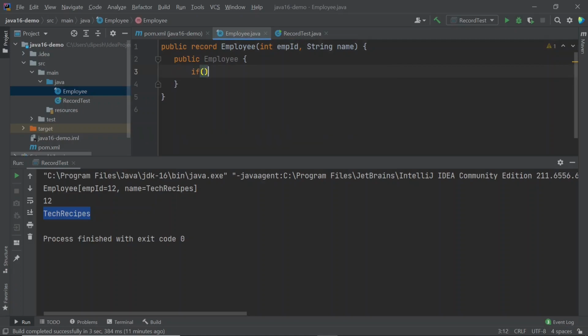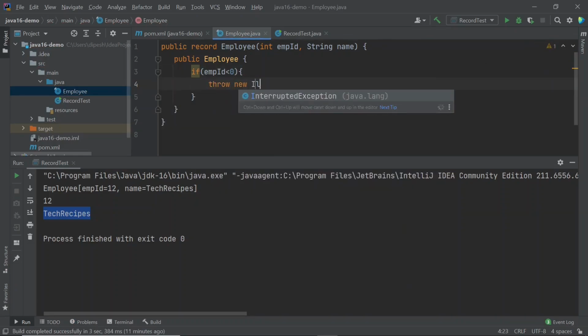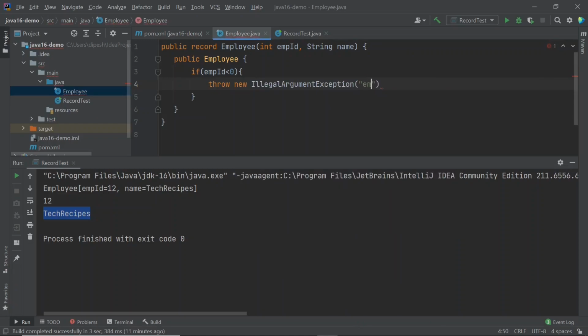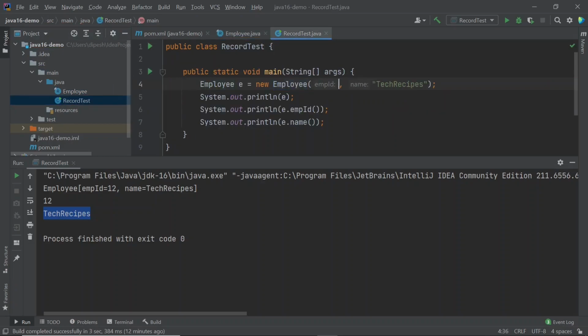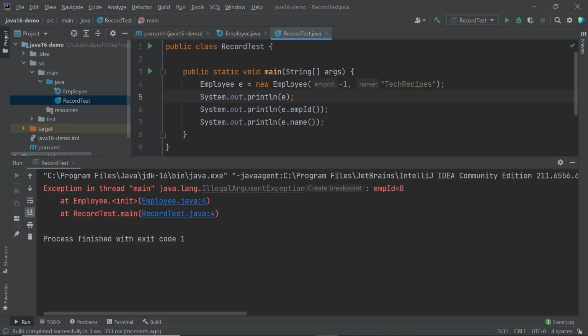I can write: if employeeID is less than 0, throw new IllegalArgumentException, say empID is less than 0. Let's test it. I will pass a negative value and run it. Yep, we got the IllegalArgumentException here.